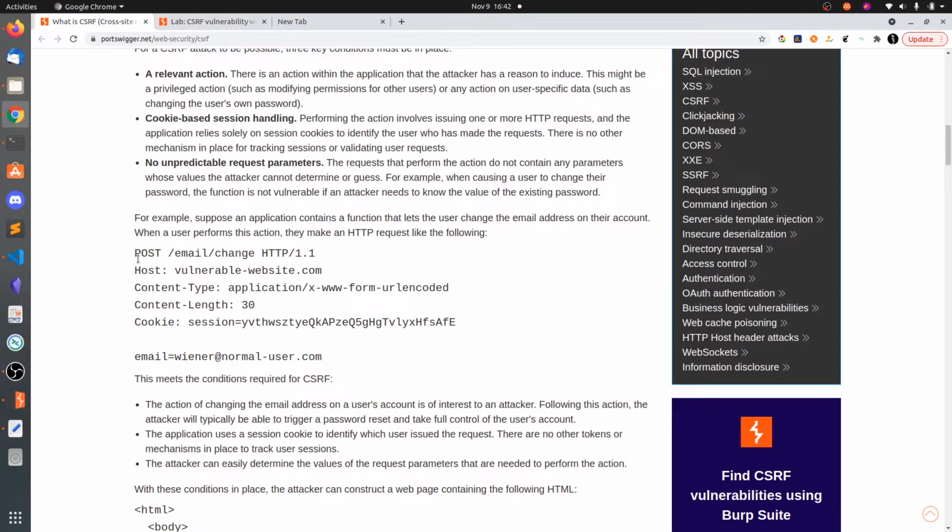So on behalf of that user, the POST request will go to email change with our attacker's email. Upon the victim clicking the link, our email will be set on this particular website.